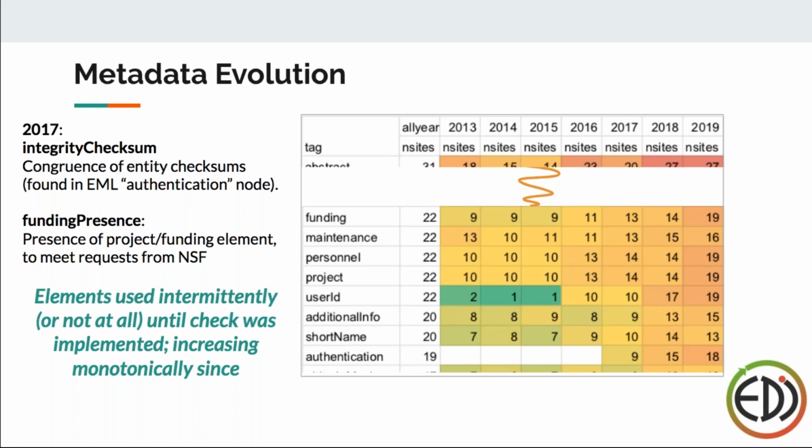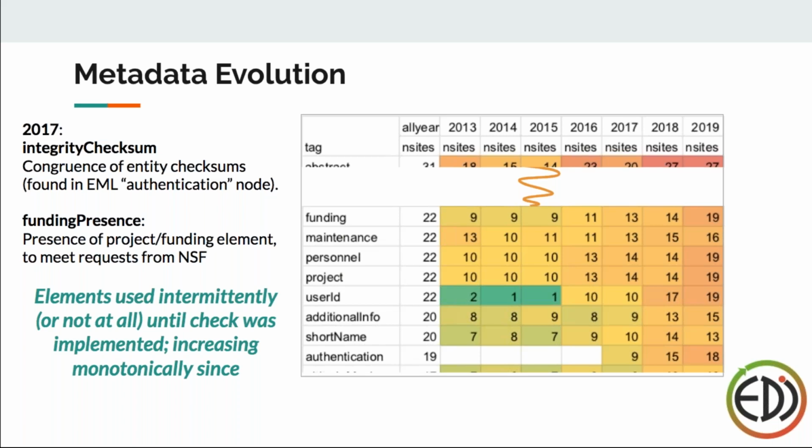If you look at this line for authentication, which is where the checksum lives, you see that there were no instances of checksums found up until 2017, and that's when the check was added, and people right away responded, and now we have up to, I think, 18 contributors putting in that